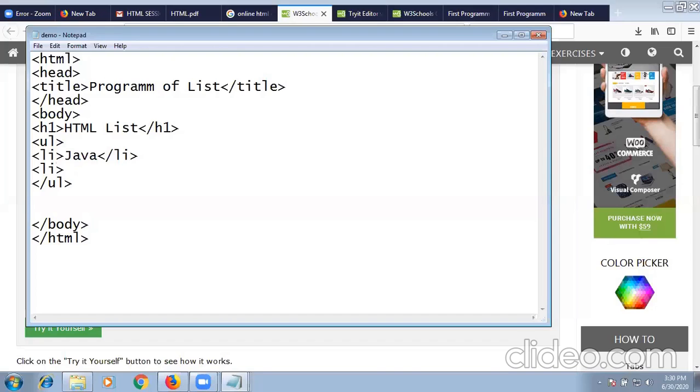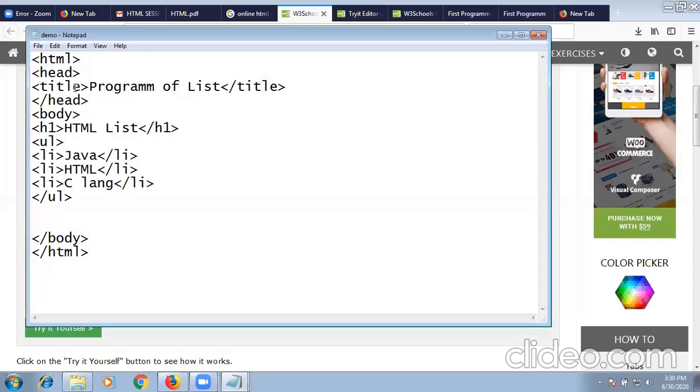We are learning HTML, so I will take HTML, then close it. Then the last one is LI, the simple language, C language, and I will use /li. Then I will save it.